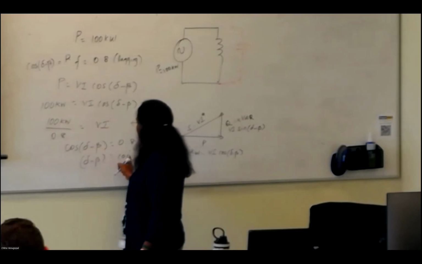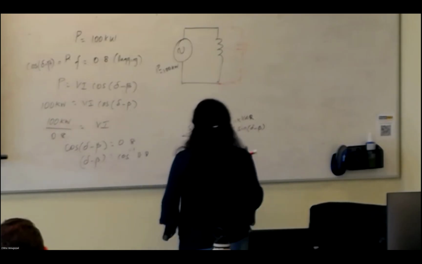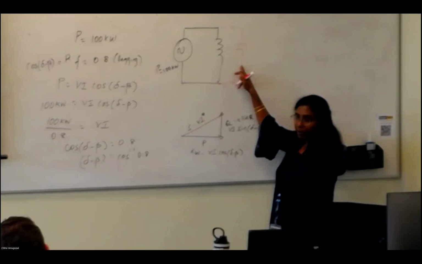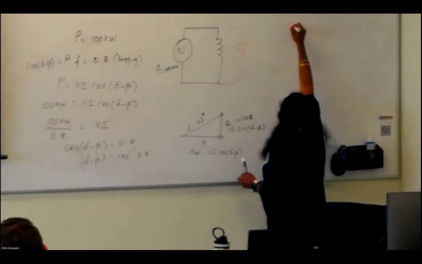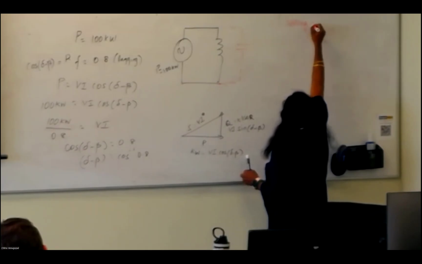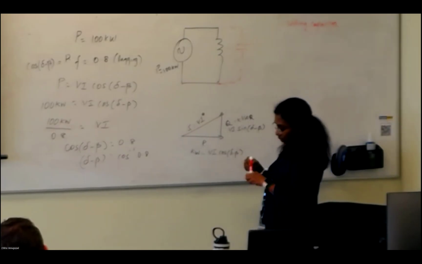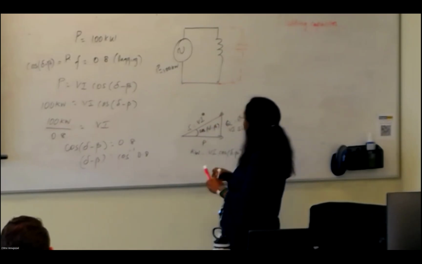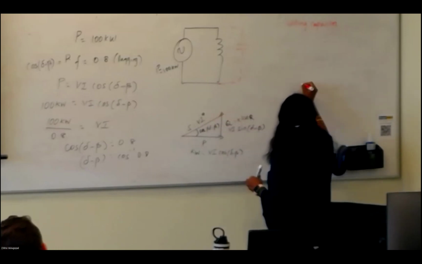Now change this cos(δ minus β) to 0.95. So this is what, for the given scenario. Now you want to add a capacitor. So when you add a capacitor, power factor is going to increase. Okay, so this is cos(δ minus β). Adding a capacitor, the power factor is going to increase. So it's going to result in